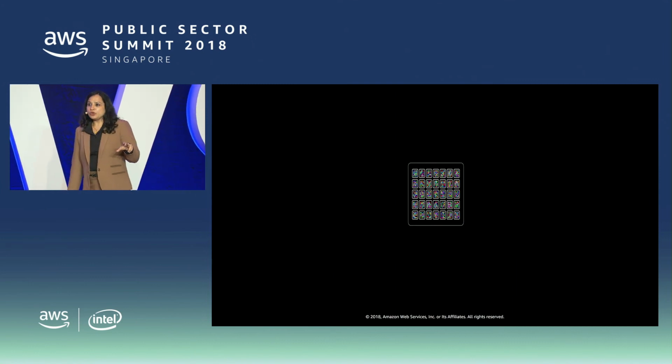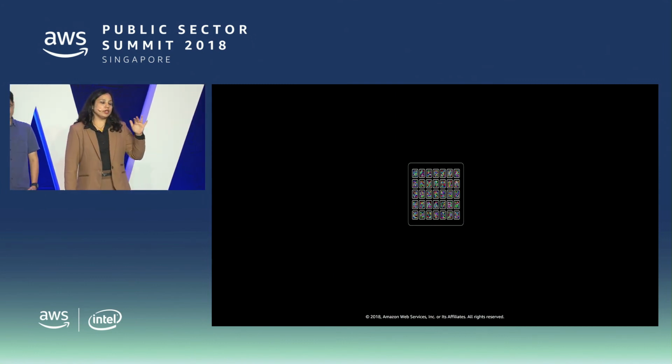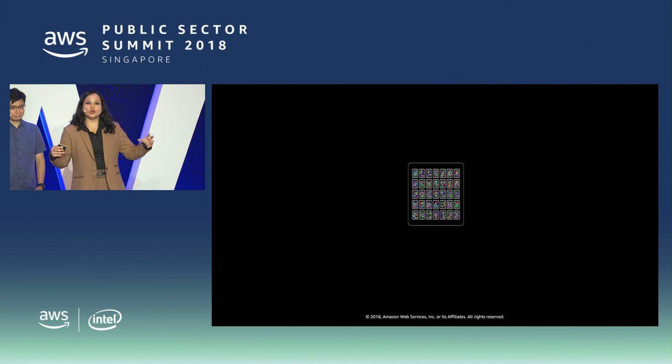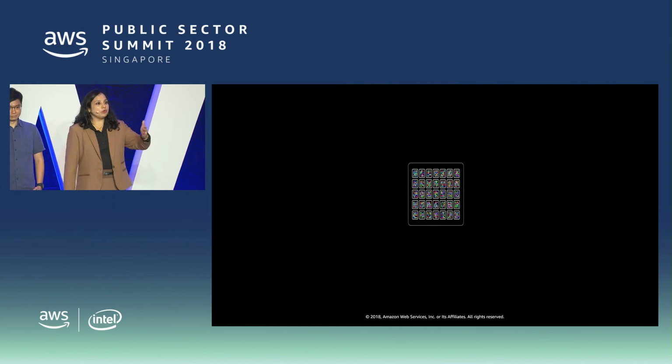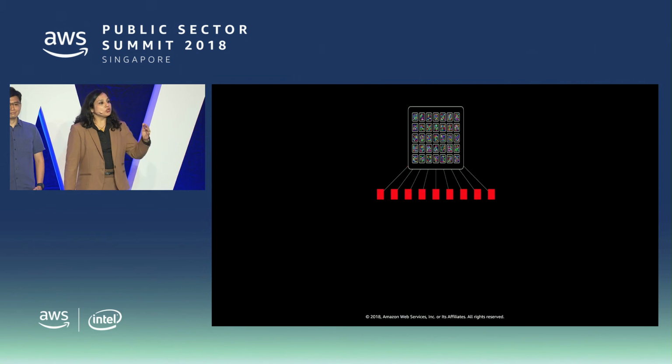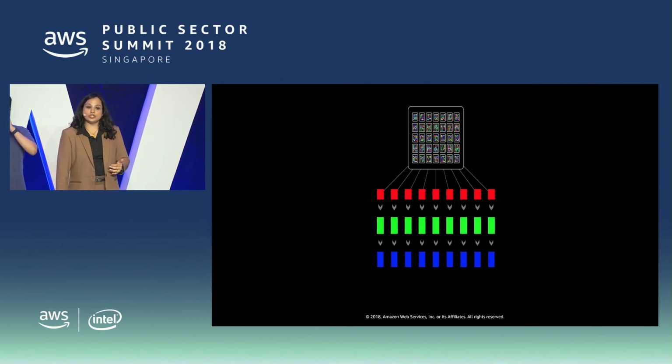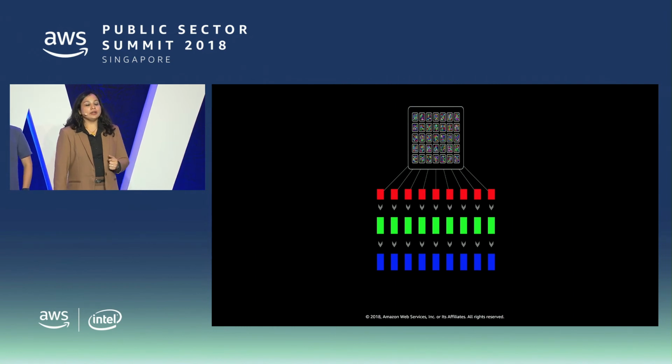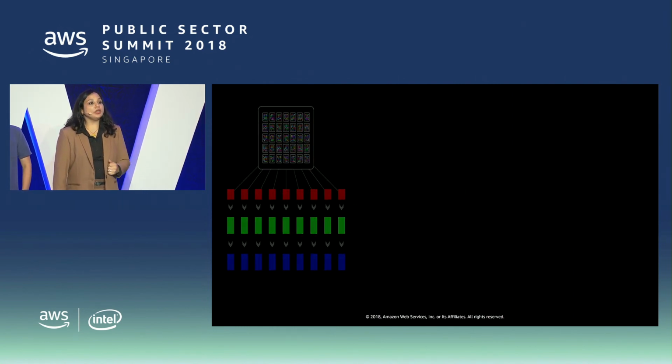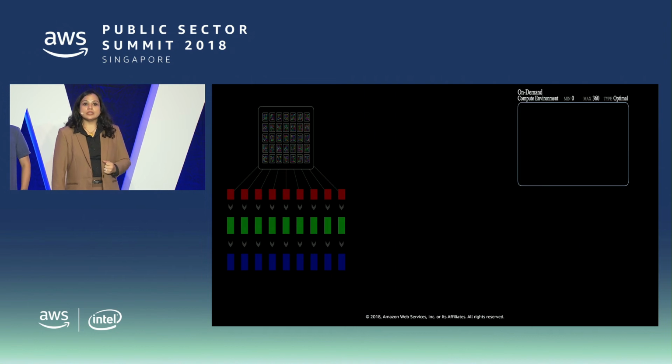So let me show you a small video on what actually happens and how it actually works. What we have in front of you is an overview of how a group of workflows typically looks when we are talking of something like a genomics workflow. The workflows are divided vertically, and there is a sequence of tasks that need to be done. The red ones indicate the compute-intensive workloads, and the green and blue indicate the memory-intensive workloads.